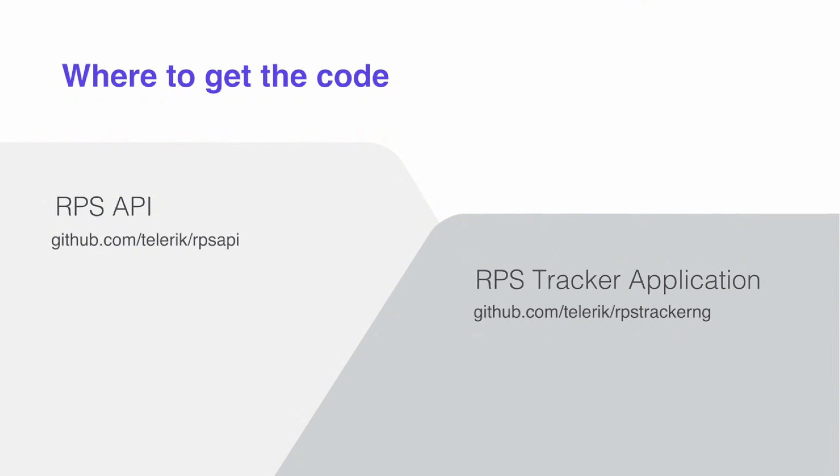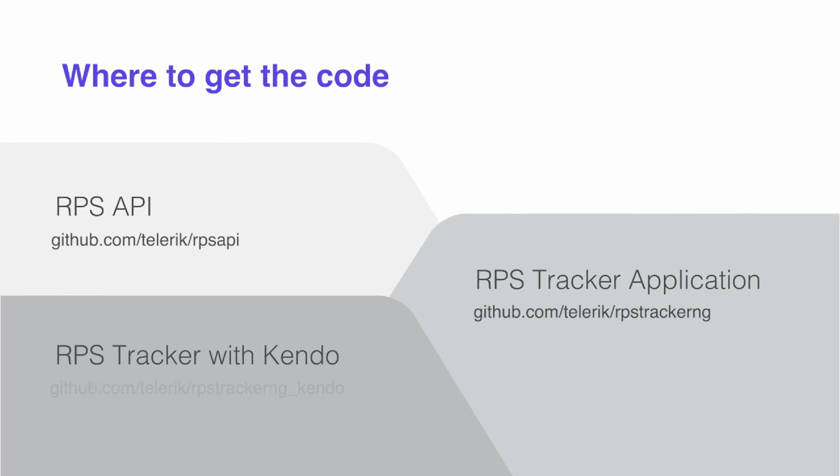The next project on the list here is RPS Tracker NG, and this is the RPS Tracker application in Angular. This does not have any Kendo UI in it yet, so this is the starting point of our course. If you want to follow along what we're doing exactly, you can download this as your starting point too. And finally, the third item on the list is the RPS Tracker NG_Kendo. This is the final state of our application, the goal that we're trying to get to at the completion of this course. This has all the Kendo UI components, and you can look at it for reference if you run